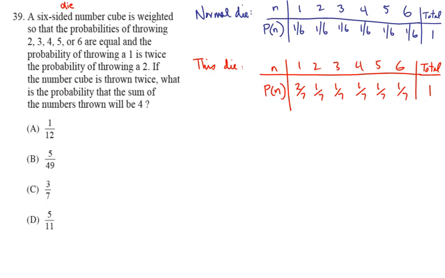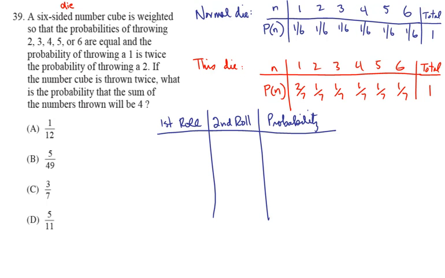Now the whole problem says this: if the number cube is thrown twice, what's the probability that the sum of the numbers thrown will be 4? Well, for this we have to look at all the different ways that we could come up with a sum of 4. And we could get a 1 on the first roll, and a 3 on the second roll, a 2 on the first roll, a 2 on the second roll, a 3 on the first roll, and a 1